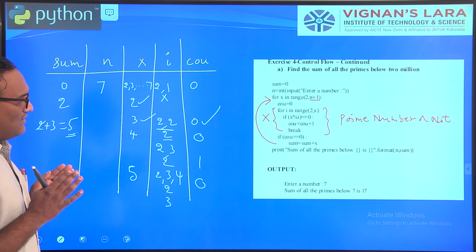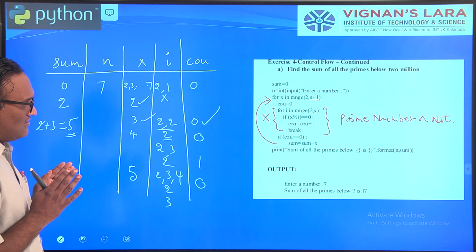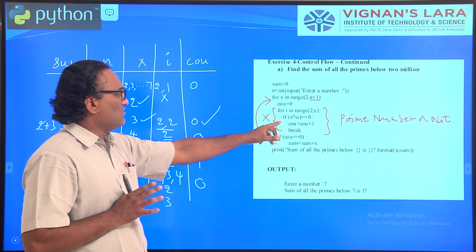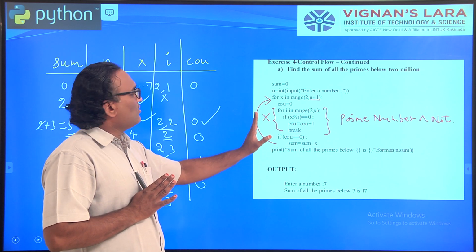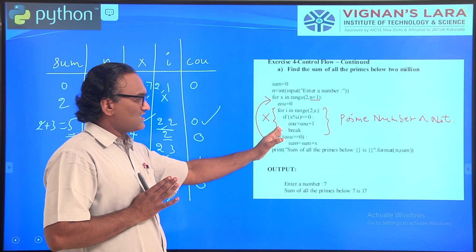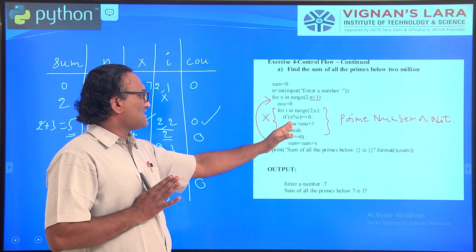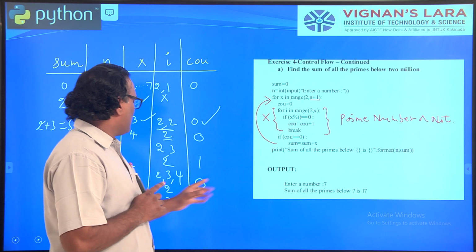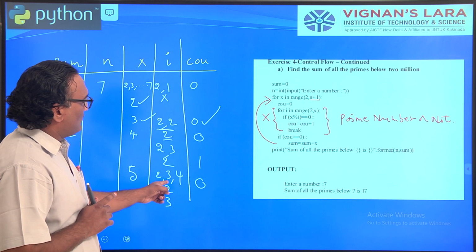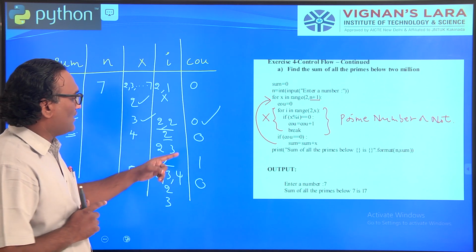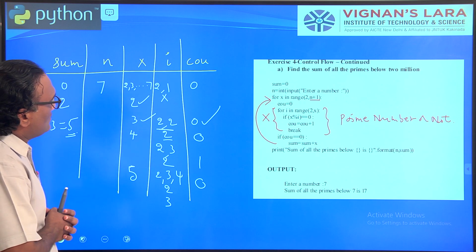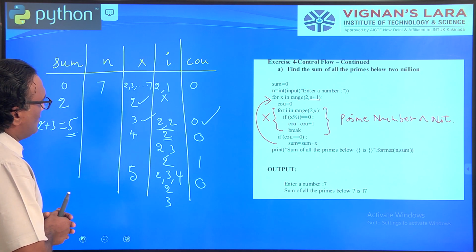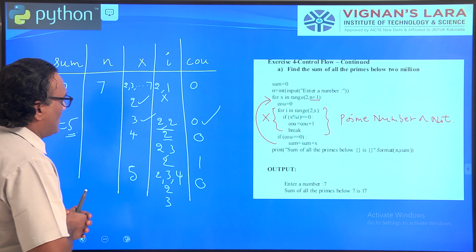If this condition is true, it immediately comes outside of the loop; no need to do the remaining internal for loop calculation. If the condition is not true and there are other elements like 3 comma 4, you need to repeat the loop. Remember that point; that is the meaning of the for loop. So 3 modulus 2 is not equal to 0, it will not enter the if block.